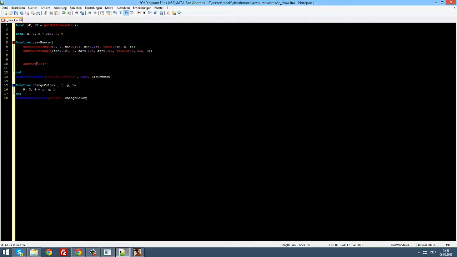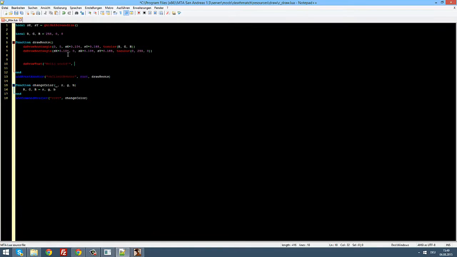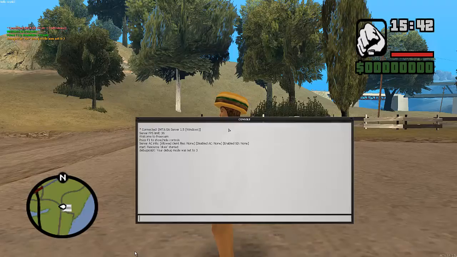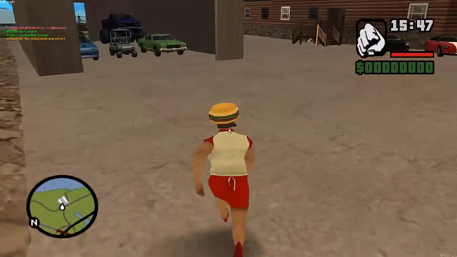Let's say hello world, and now we have to type in the top left position. We will choose 0 and 0 because we want it to be on the most top left. If we go in game now and start draw, you can see on the top left there's our hello world. Tiny, sexy,